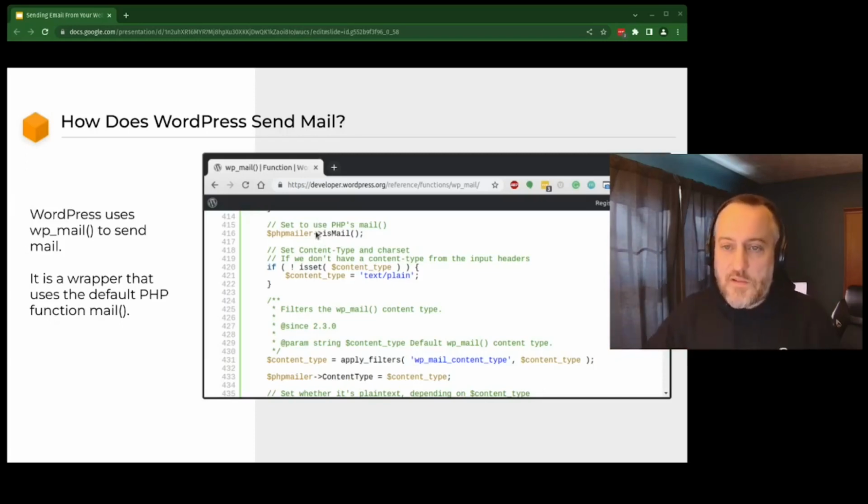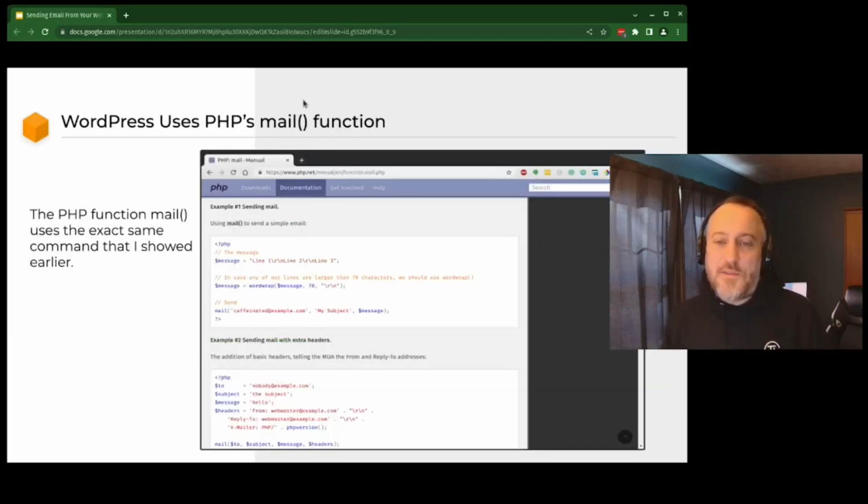And if you look at the PHP mail function, it's exactly the same thing as what I did. I went into the command line, connected to the server via SSH, and sent that mail -s, and then in the subject, this animated GIF.